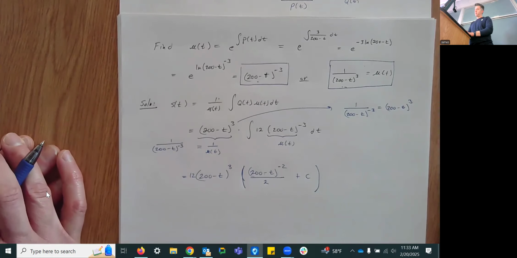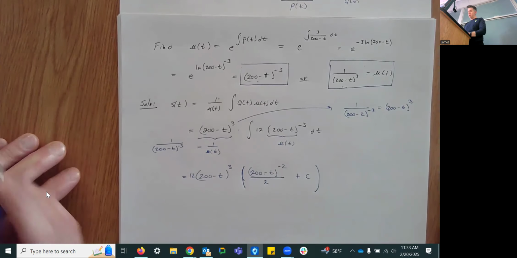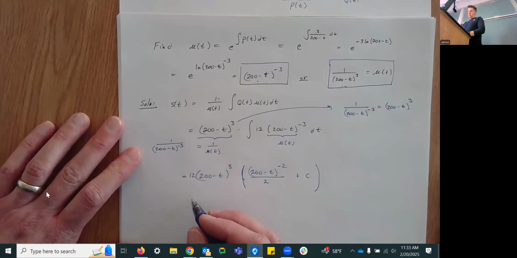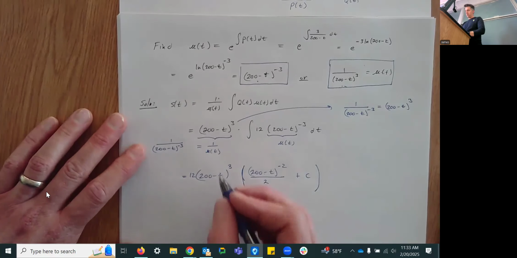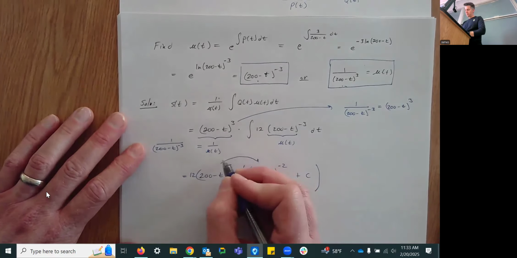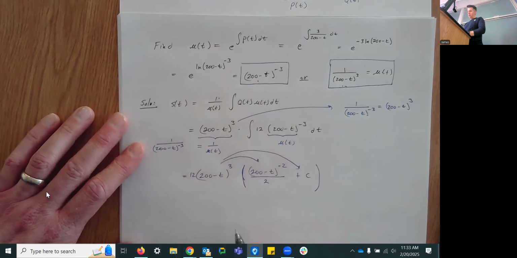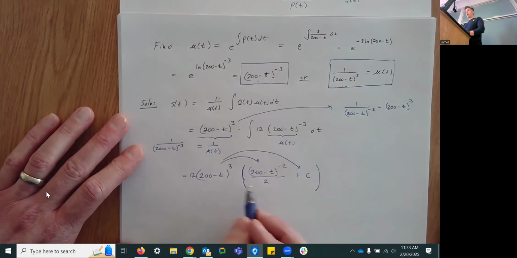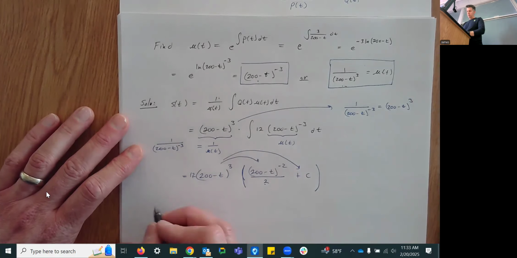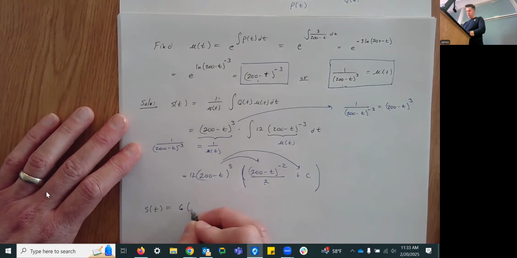I would probably distribute. Yeah, I like distributing here. So distributing. Yeah, so check this out. We're going to distribute this to each term. And we're going to have, so 12 divided by 2 is 6. So we're going to have S of t equal to 6 times (200 minus t) to the first